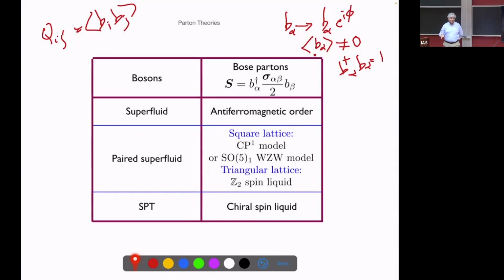You can sit down and make a guess, and then you figure out how that would fit with certain numerical study or something like that. But that's really the hard part, deciding what are good Higgs fields and which of them are going to condense. But once a few Higgs fields condense, then you have to decide what's the largest gauge group, which will be a subgroup of the gauge group you found here, which leaves the Higgs field invariant. And then that'll tell you what the remaining gauge group is, under which your anions could have charges. So that's, I think, a fairly foolproof, but very difficult to implement